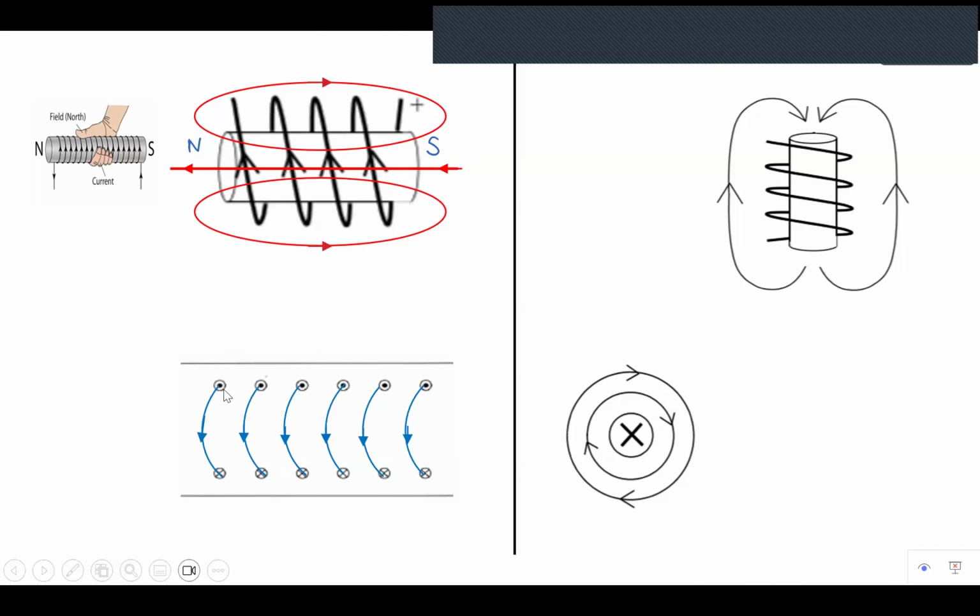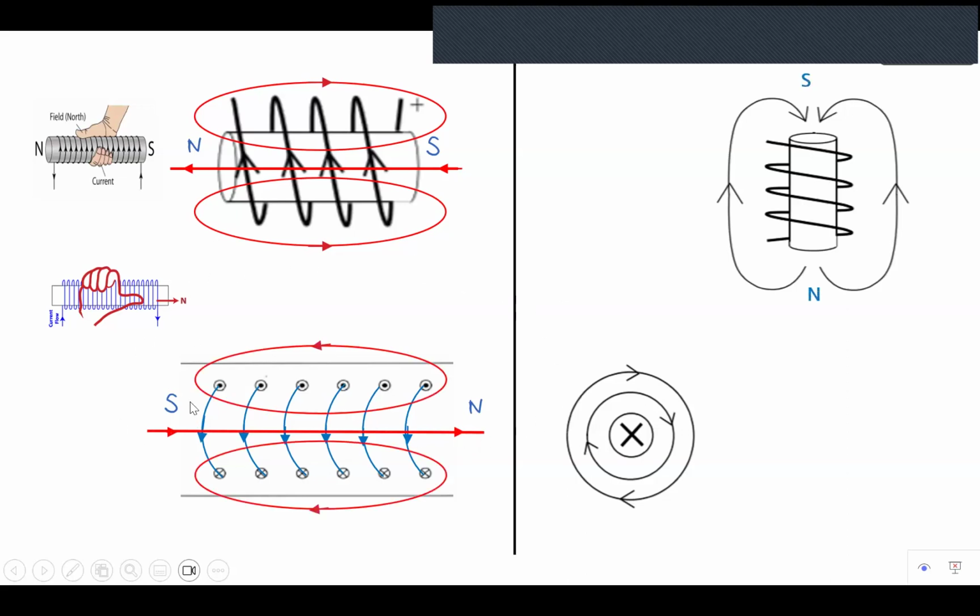Next one. I have this diagram. This one is current coming out, and this one is current going into the paper. So if you were to draw, it's actually a solenoid with current coming out and going into the paper. So now all the arrows are going downwards. If I were to use my right-hand grip rule, it will look something like this. I must still see my fingernails. My fingernails might be pointing down. I get my North Pole on the other end, over here, and my South Pole here, and then I draw my magnetic field lines. It's again away from the north towards the south. So it'll be like this.